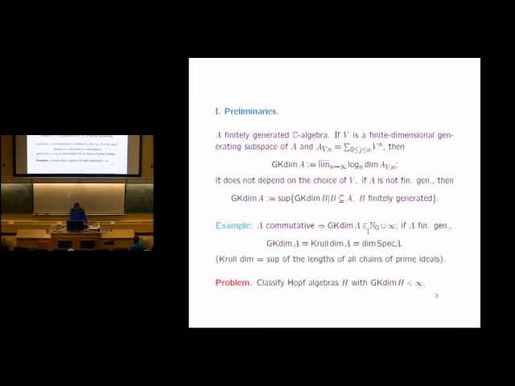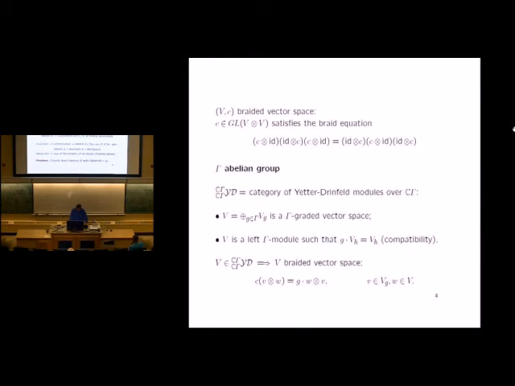And the context of the results we are going to tell you is the classification of Hopf algebras with finite Gelfand-Kirillov dimension, which is of course a very difficult problem. In particular, it contains the classification of finite dimensional Hopf algebras, those with Gelfand-Kirillov dimension 0, which is still a very open problem in general. So now I would like to remind you the notion of Nichols algebra, which is a